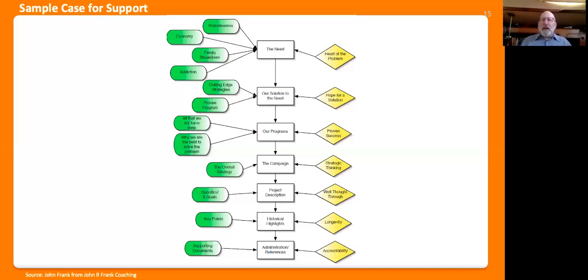Then the final 2 things are historical highlights and our administration references. One of the biggest mistakes people make is they put those 2 things at the start and say, hey, look at us, we're so great, here's why you should give us money. That should be the last 2 things you do. Very quickly, in a foundation grant book, if you use that as an example as a major donor, what is the first thing they write? They write, this is our name, these are our board of directors, and this is what we give to.